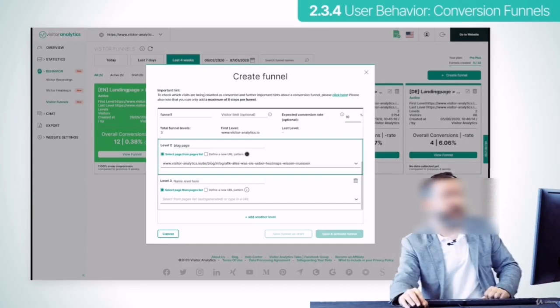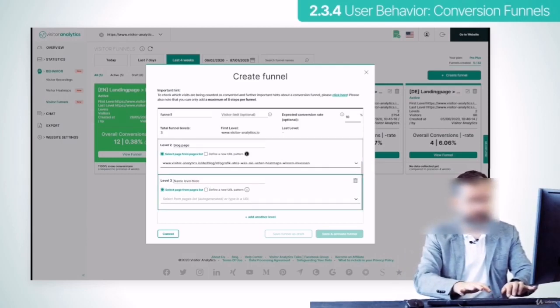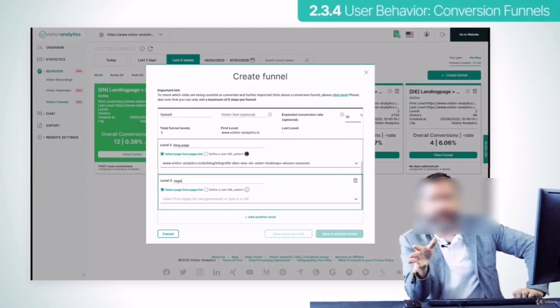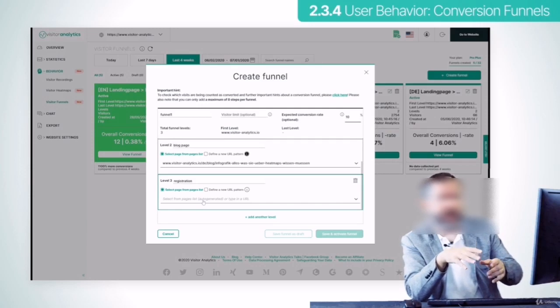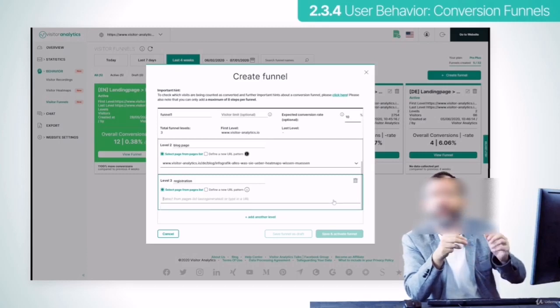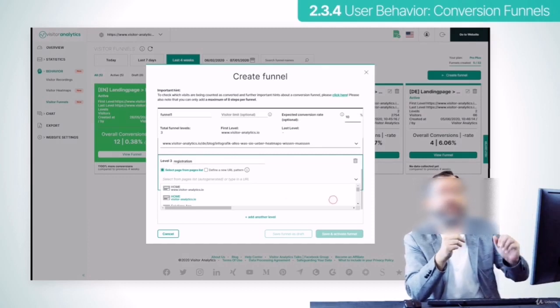I'm just gonna introduce the last level of the funnel here, which should be our login page. There are 2 ways to define a funnel step. The ones that I use so far went with particular pages, but I can also introduce in the funnel types of similar pages, like for example, all product pages. Because all of the product pages on my website start with the same path like